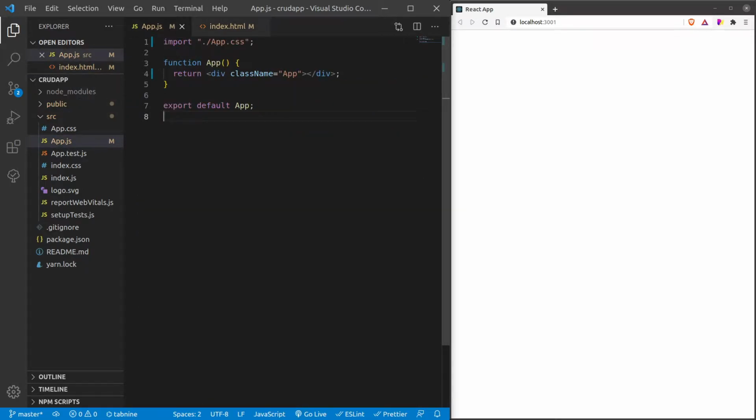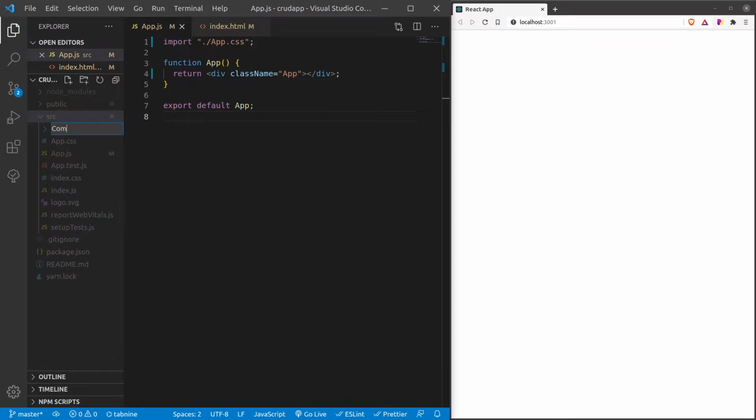Alright guys, as I mentioned, the main application architecture plays a very important role. So we are going to create a folder called components folder. All my application components are going to be in this components folder. Similarly, I will create another folder called UI folder. In the UI folder, I will be adding all the components which are related to building the UI, like buttons, inputs, text area, table head, table body. All right.